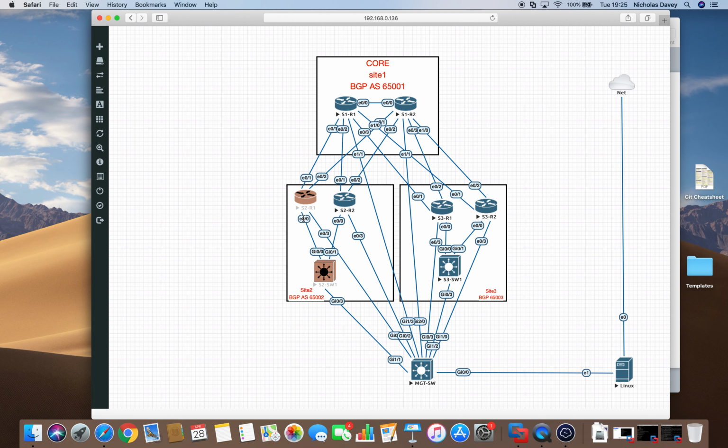Likewise, the switches follow the same pattern in each site, where 0/0 is router 1 and 0/1 is router 2. So most people do this anyway, but when it comes to network automation, this becomes really important, because if you're automating a large network and you know that they all follow this predictable layout, then you can confidently refer